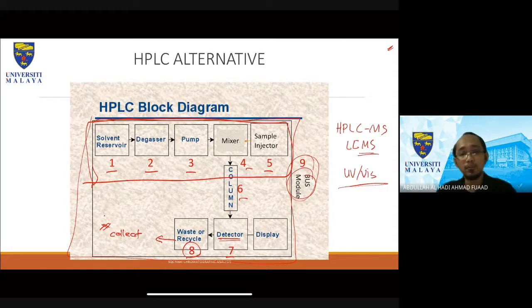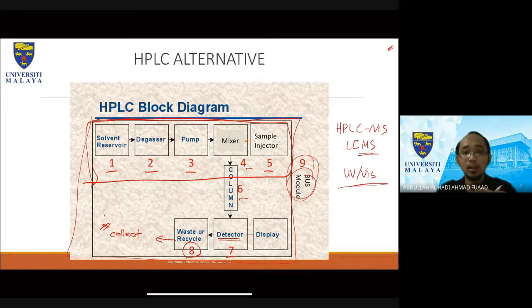Depending on the samples that you want to analyze, there are various types of column that you can change. Of course, if you change from one column to another, it costs a lot. So the cost can come from the type of column itself, as you will see later. So for example, if you have a